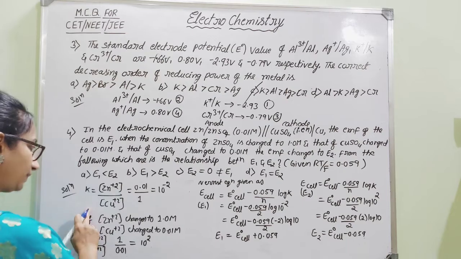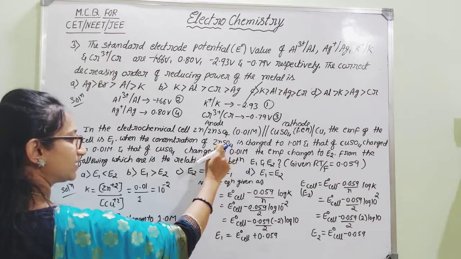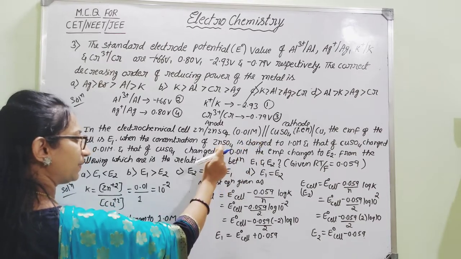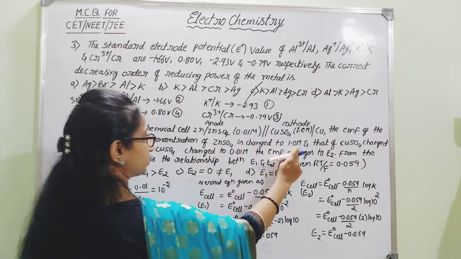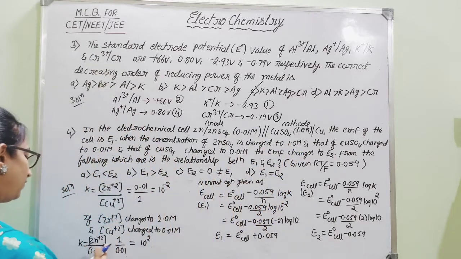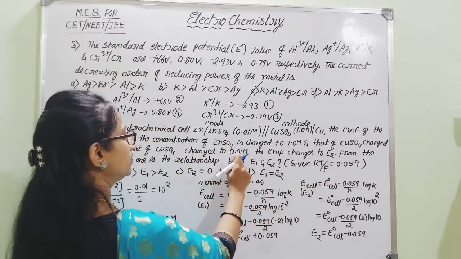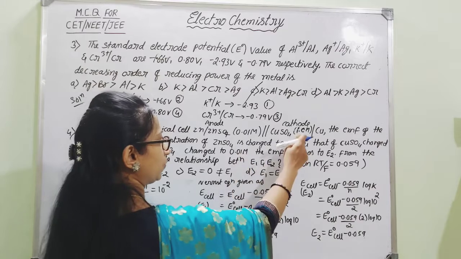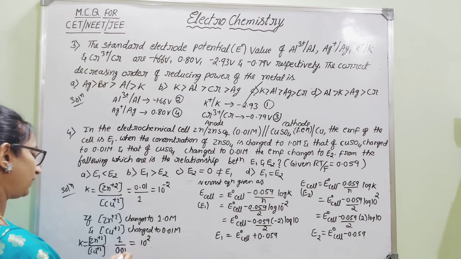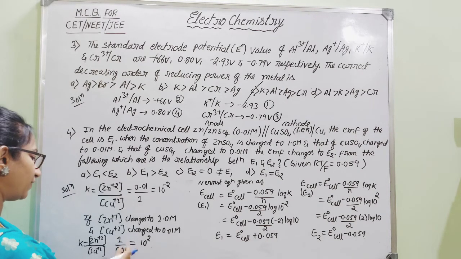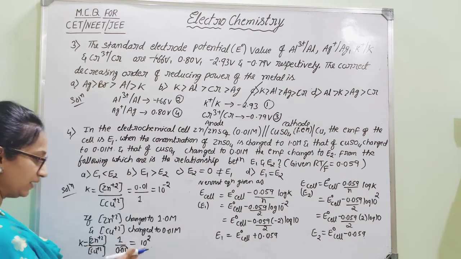Then, in case according to the question the concentration of zinc sulfate is changed, that will be the same. So here, what is the concentration of zinc sulfate? 1.0. Therefore, you have to write 1. Then what is the concentration of the copper sulfate? They have changed it to 0.01. In the first case it was 1.0, in the second case it is 0.01. If we simplify this, shifting the decimal on the right-hand side, we get 1 into 10 power minus 2, and when 10 power minus 2 goes to the numerator, it becomes 10 power 2.